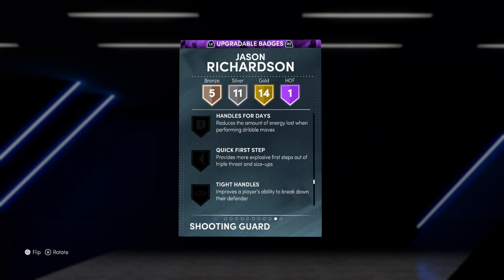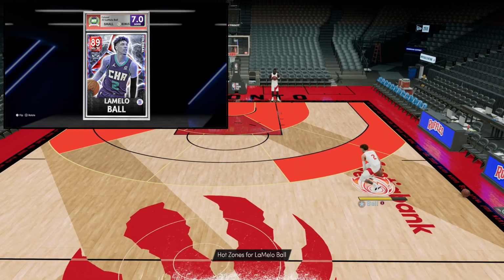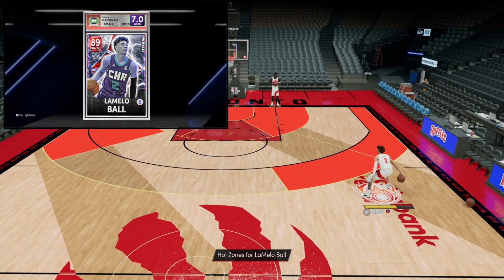He only has so many badge slots, so you might want to decide how you're going to play it out with this Jason Richardson. Do you want him to be more offensive, more defensive, more balanced? That's up to you. If you guys need any recommendations, ask me in the comments and I'll help you guys out. And then if you want something that's in between Duncan and Jason Richardson, I'm gonna recommend this Ruby LaMelo Ball,